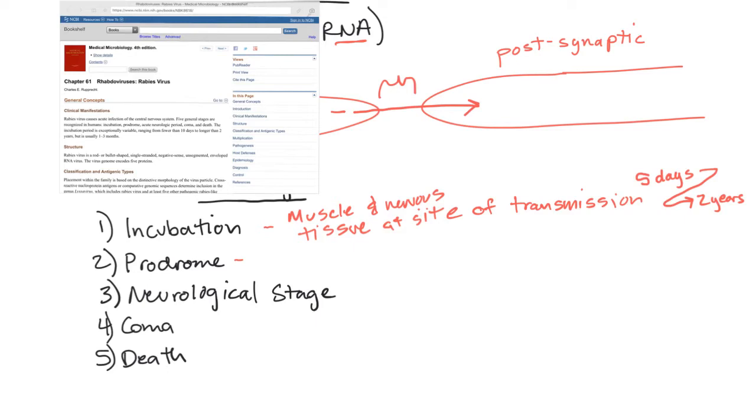So there are a couple things. You have pre-exposure antibodies, not vaccinations, that you can introduce to your immune system. Some people who work with animals, like vets, or if you work in caves, or if you're a wildlife biologist, it's generally recommended that you get these pre-exposure shots. It's not as good as most other vaccines that we have made, but it just gives you a better chance if and when rabies might be